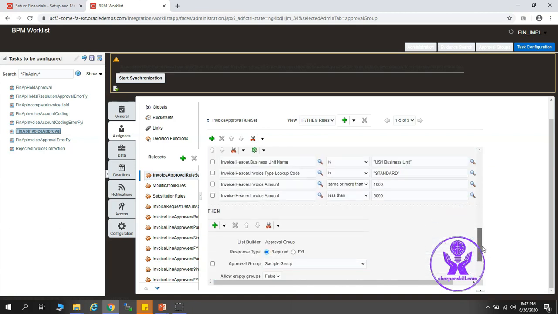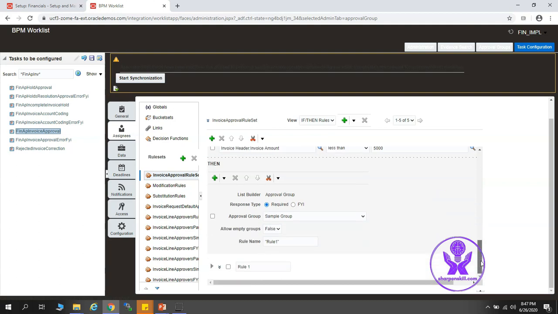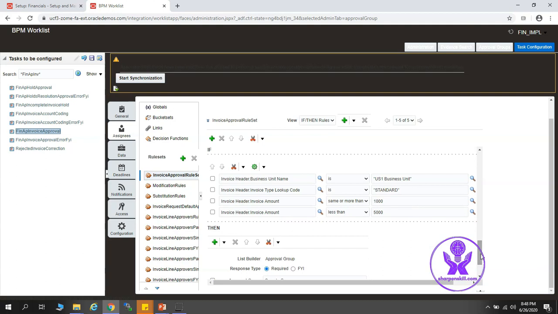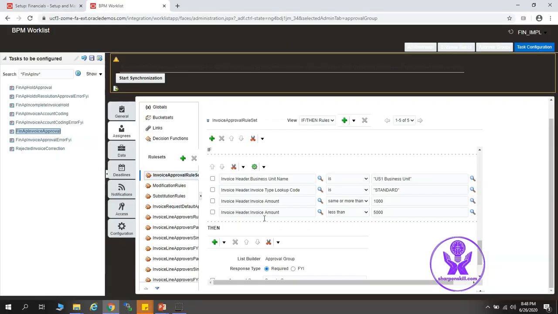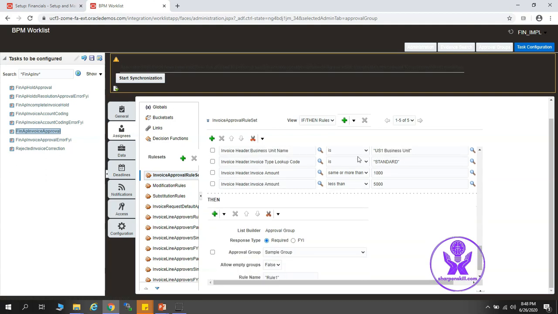So this one also will get created with rule 1. So let us change the name. Now we will edit this rule to greater than or equal to 5,000 and less than 10,000, right? So I'll make this as 5,000 and this one as less than 10,000, right?